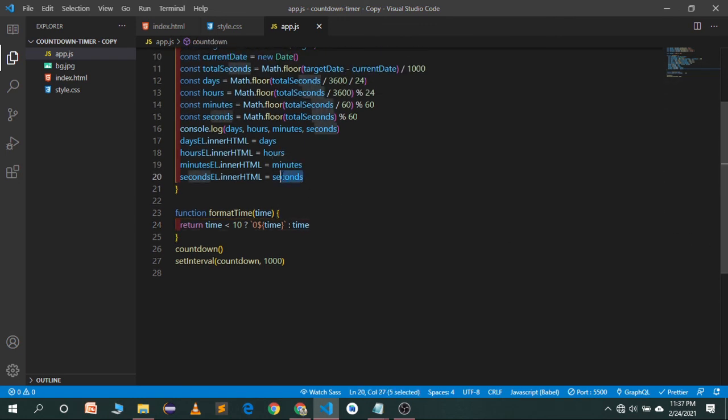So let's go here and wrap it in this function. So formatTime and give it seconds as an argument. We will use the same thing for minutes and for hours.